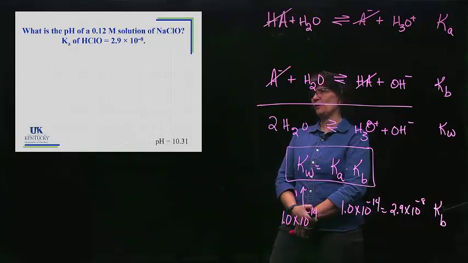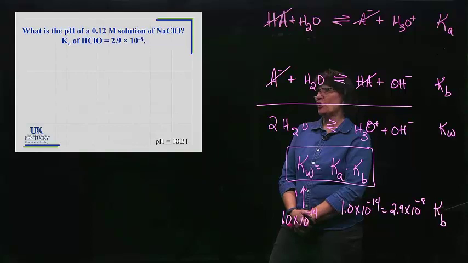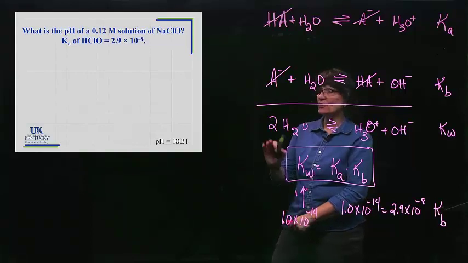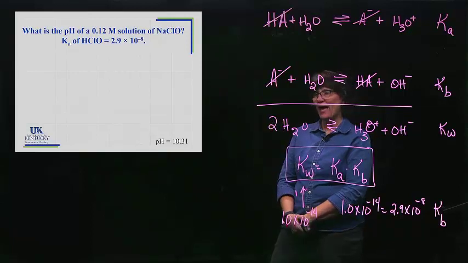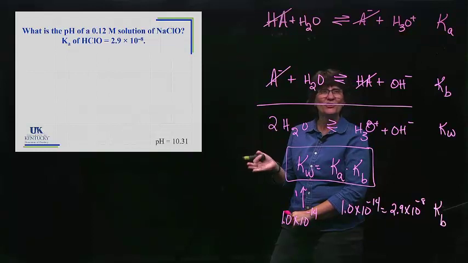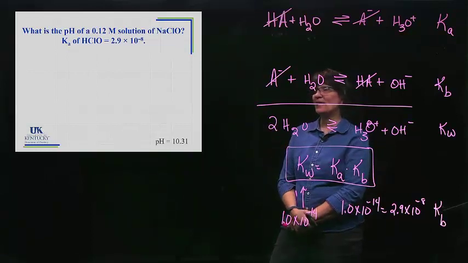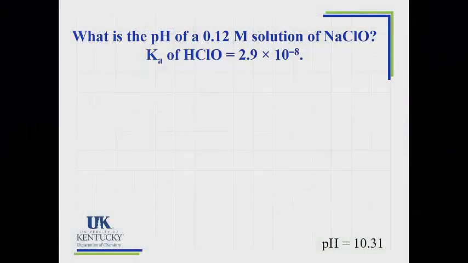So now what do we do with it? Well, if we want to determine the pH of a solution, we would figure out, first of all, what do we have, and then we would work our problem in a very similar way that we did weak acid, weak base problems earlier. Okay, so we're ready to work this problem, and we have got to first establish that NaClO